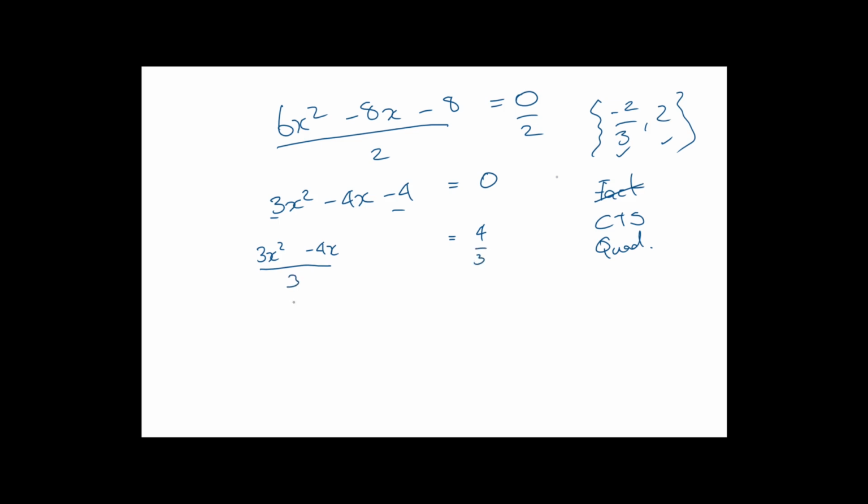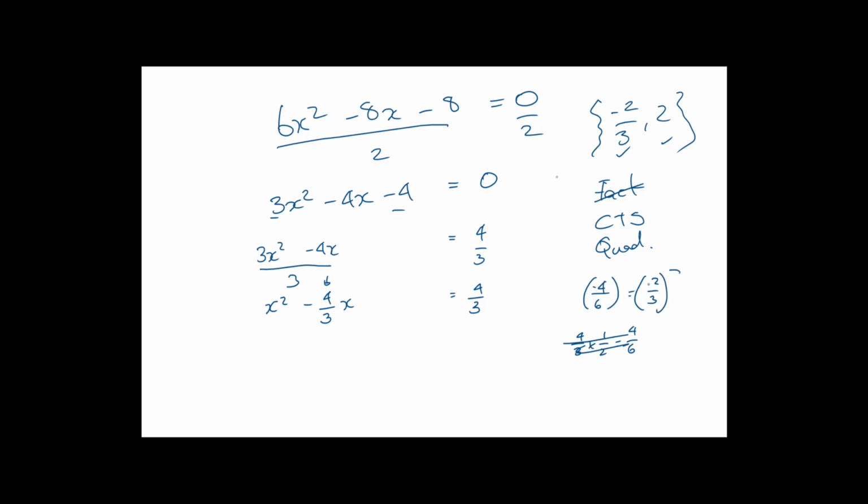by 3. So we've got x squared minus 4 over 3x equals 4 over 3. All right, now what we want to do is take this and divide it by 2 and then square it. Are you okay with that? So 4 over 3 times half is 4 over 6. Okay, so that's 2 over 3